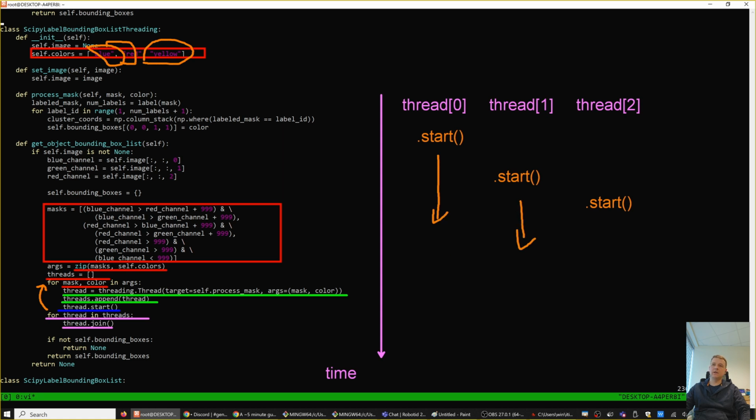This is running, and this is running, and after a while